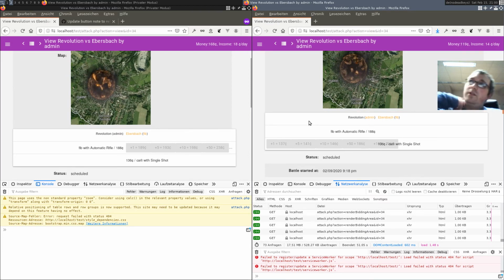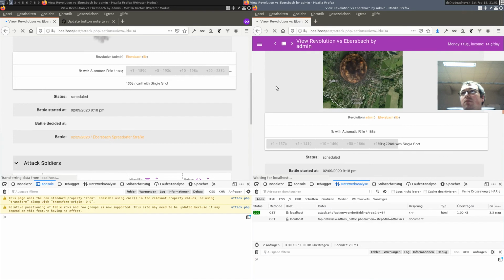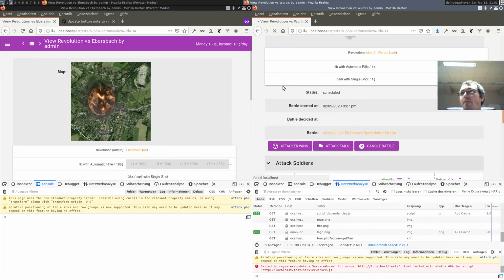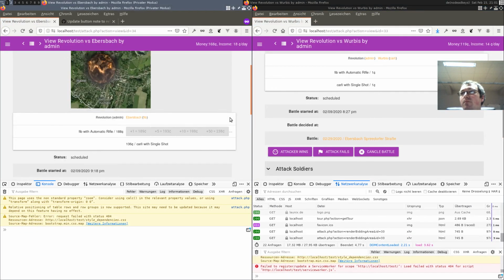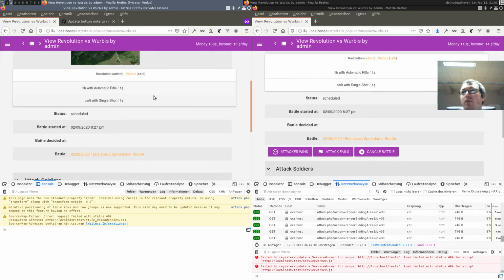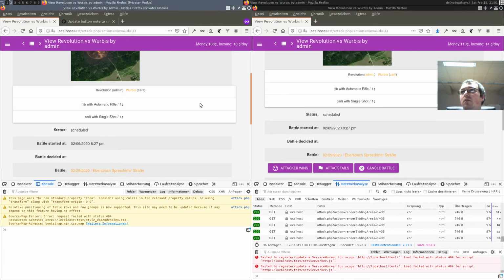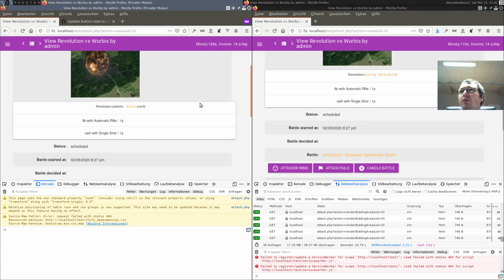So we did the auction system with money. Let's test it with another auction, because soldiers are getting too expensive now. Let's take a look at auction 33. It's a fight. Oh, this is FIB and this is admin.